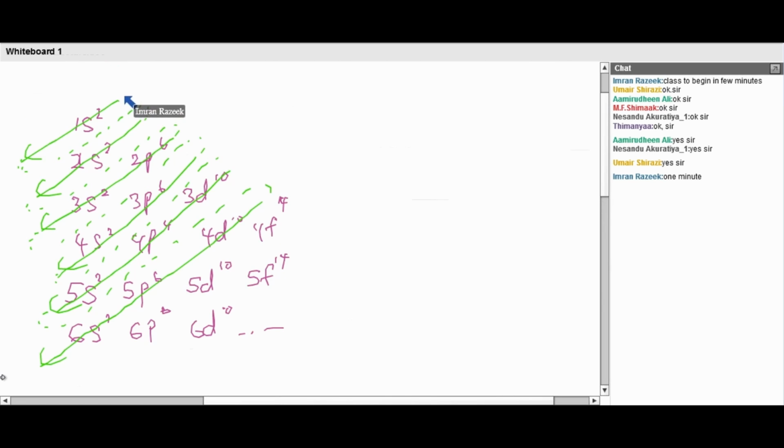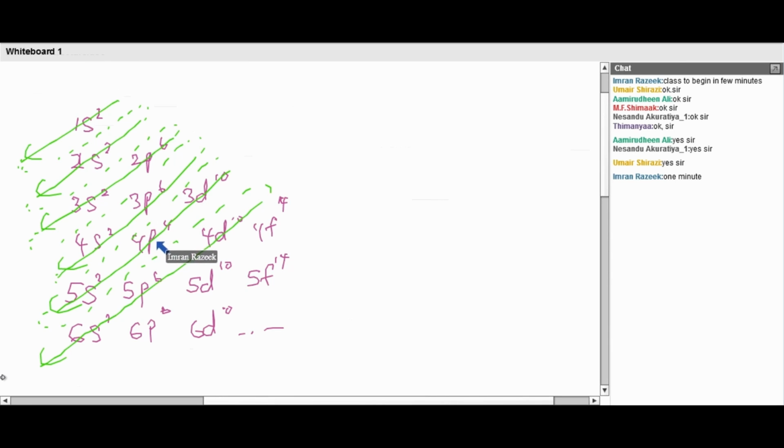You follow these arrows. 1s, 2s, 2p, 3s, 3p. Now see, after 3p, what is filled is the 4s, not the 3d. So after 3p is filled, the 4s is filled. After 4s is filled, the 3d is filled. After 3d is filled,